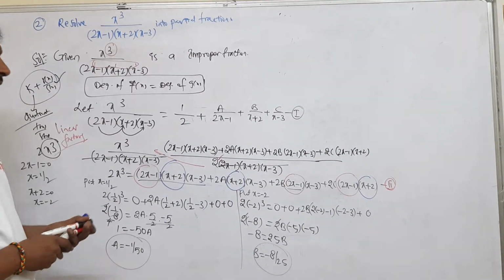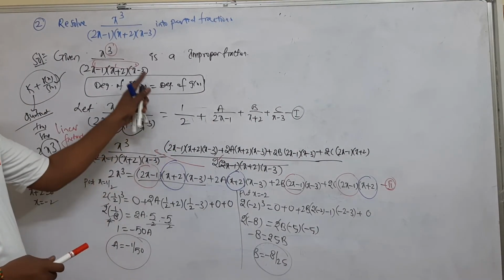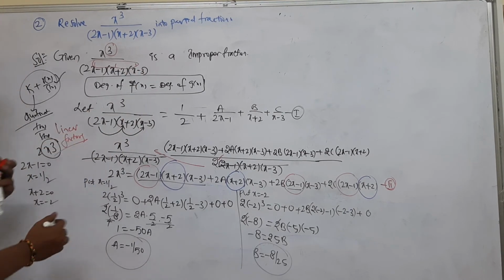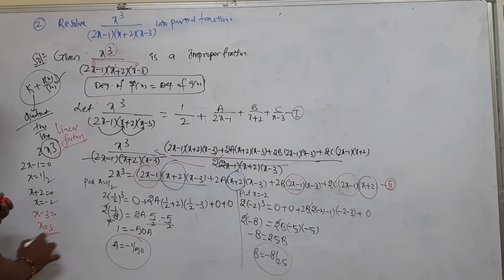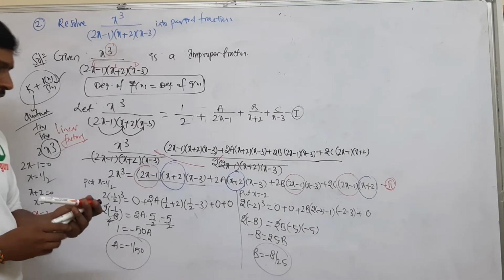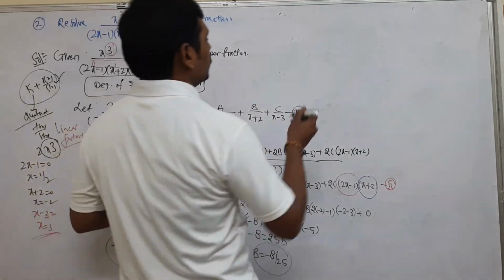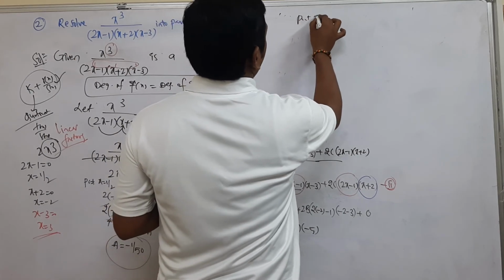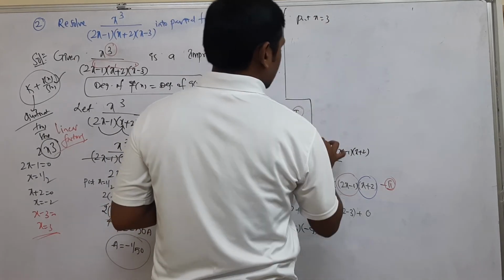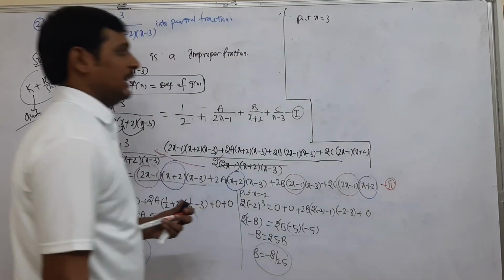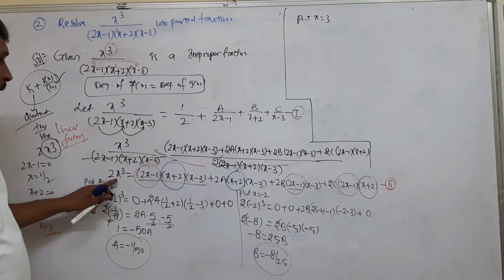Next what we need to find? C value. To get that, what is the other factor? Other factor is x minus 3. So when x minus 3 equal to 0, what is x? x equal to 3. So let us put x value 3. So put x equal to 3. So when we replace x equal to 3, what happens? 2 into 3 cube is equals to,